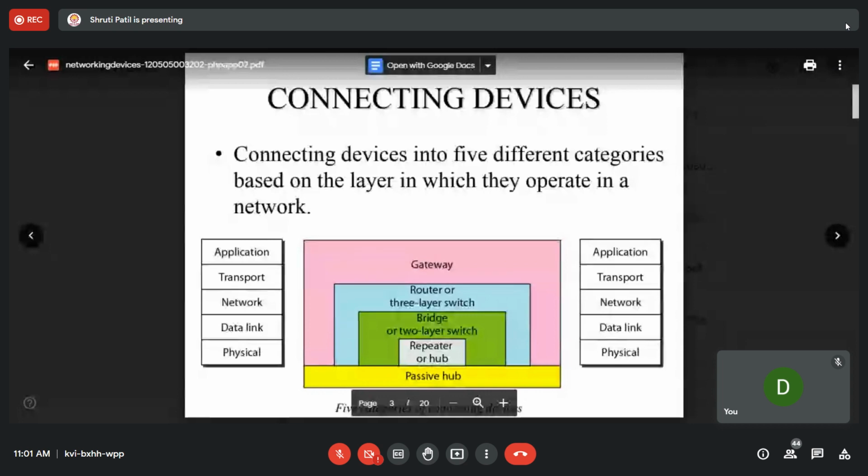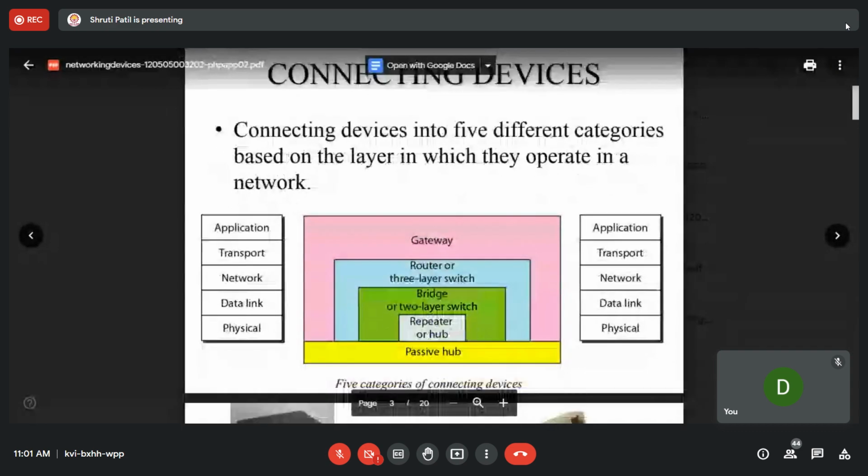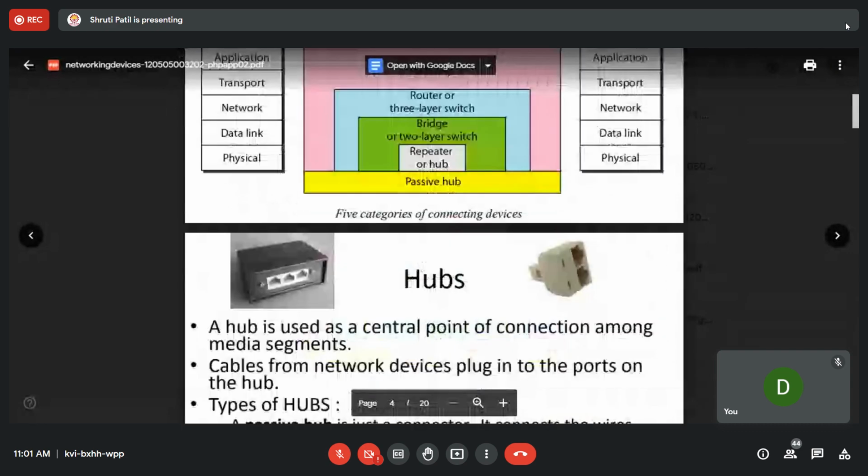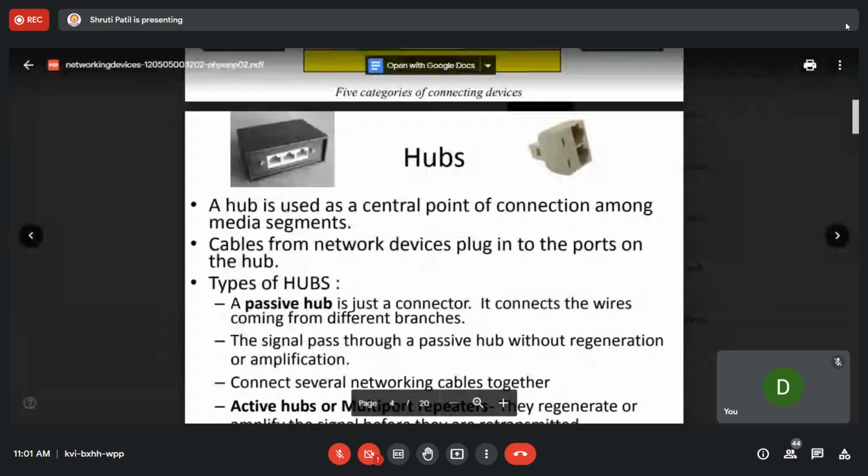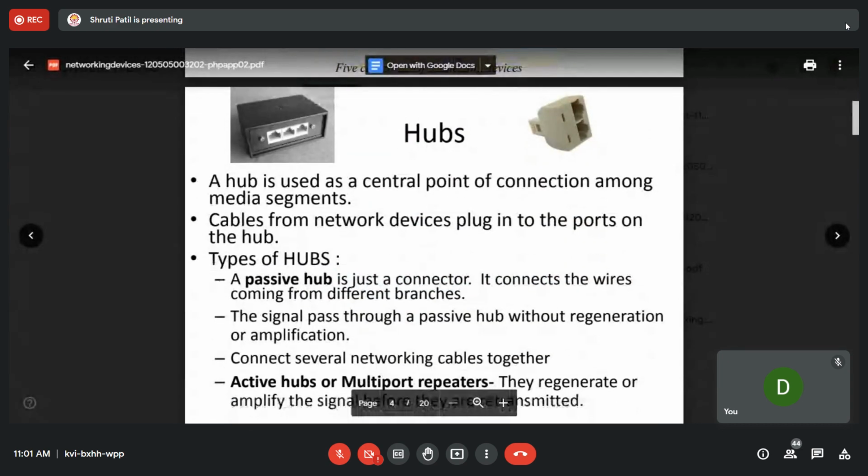Okay, what is the functionality? Why is it used? Any advantages or disadvantages you know? Ma'am, I know the advantages and disadvantages as well. Advantage, it is low cost, and disadvantage, it is not secure as a switch.